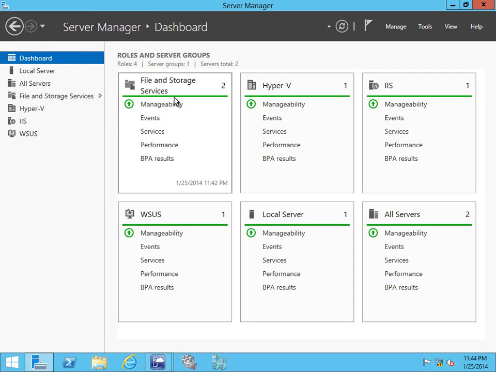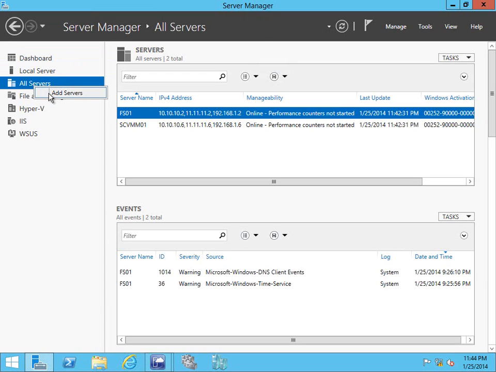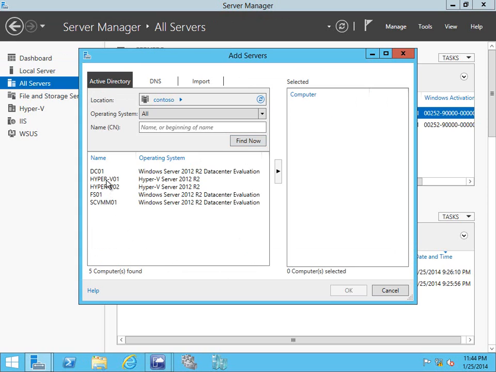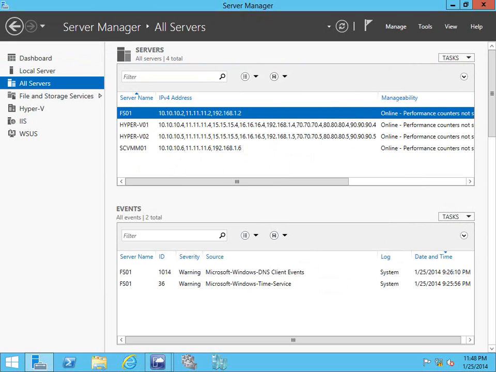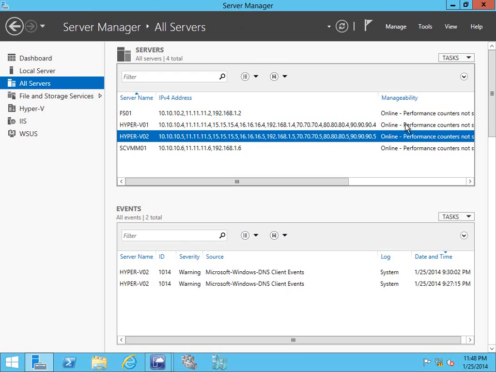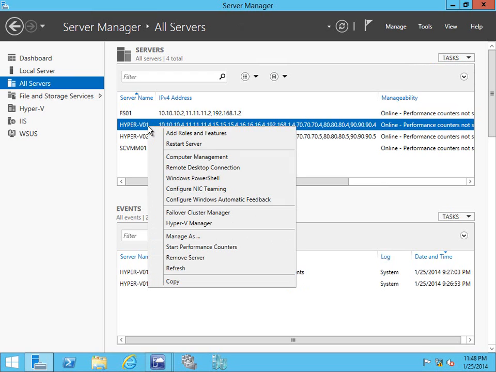So for that, let me connect to the Server Manager on the 2012 R2 server. Sorry, the VMM server. Under All Servers, I'm going to connect to the two Hyper-V host computers and add them for remote management. Once the two Hyper-V hosts have been added and are responding properly, we can go ahead and configure NIC